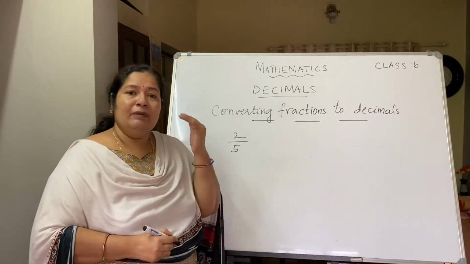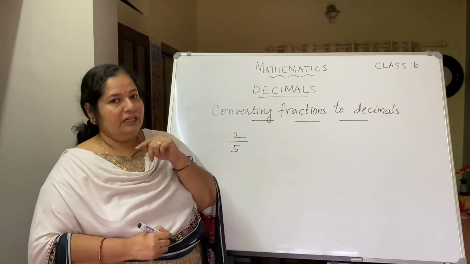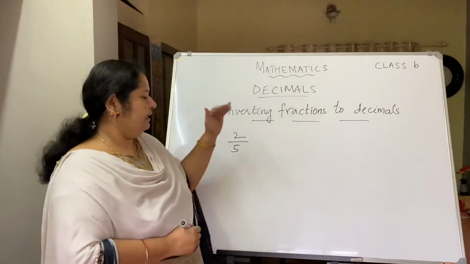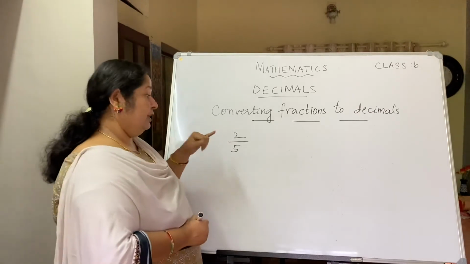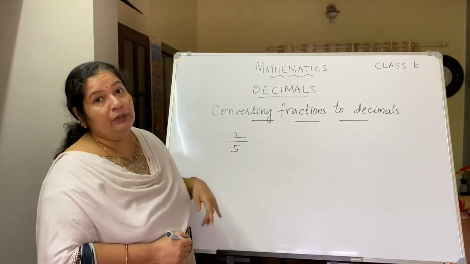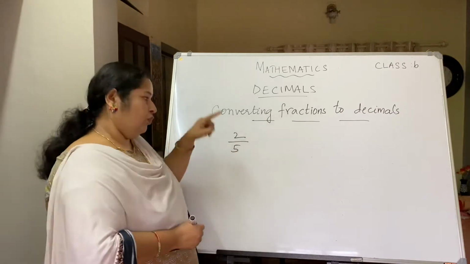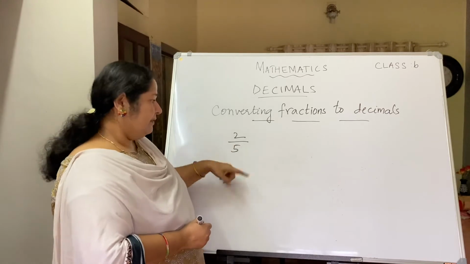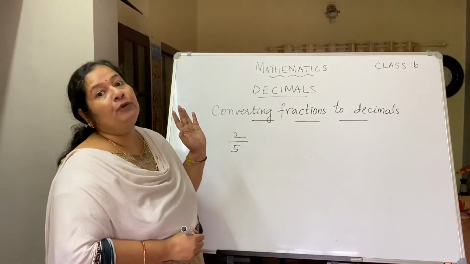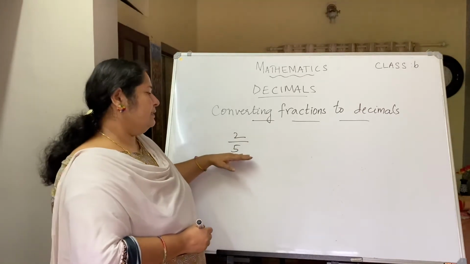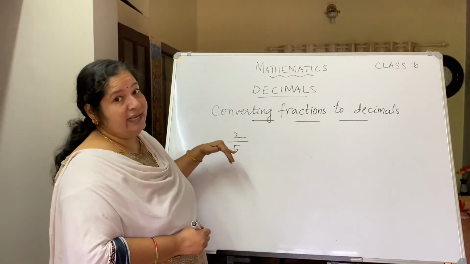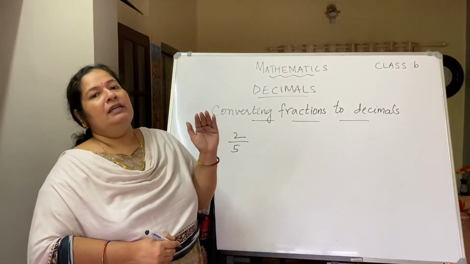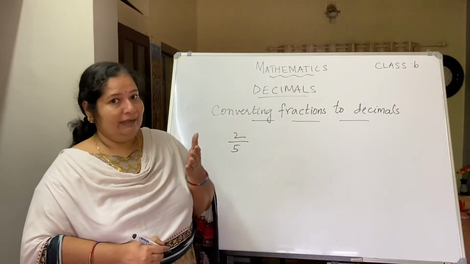Now how do you get an equivalent fraction for a given fraction? You multiply both numerator and denominator with the same number. The same application we are going to do here. When you convert the denominator into 10, 100 or 1000, with what number should you multiply the denominator so that it becomes 10, 100 or 1000? The same number you have to multiply with the numerator also. So always go for the number which is nearer. If 10 is nearer, change it into 10. If it looks like 100 or 1000, then change it to that.